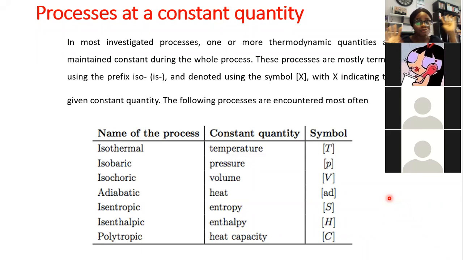These four are very important because they are used often in questions. And if you don't know what this means, you don't even know where to start solutions from. So as a chemist, you can say this reaction is an isothermal process. Those in art or social sciences might probably not know, but